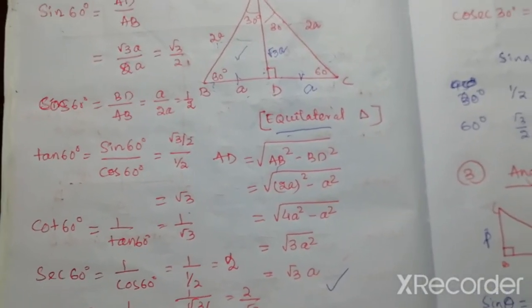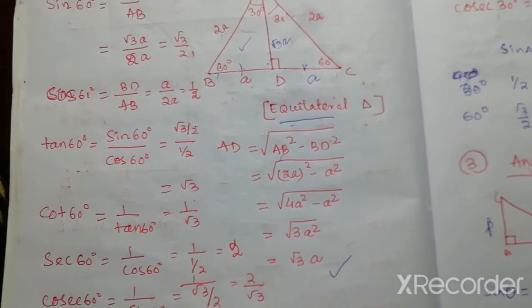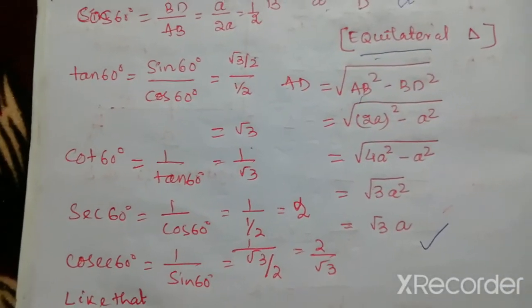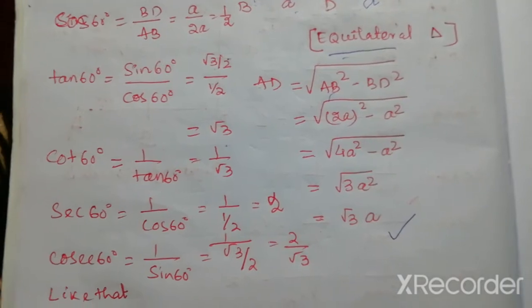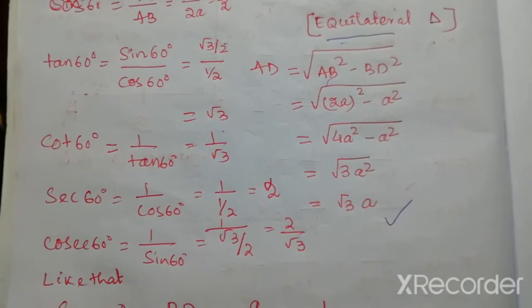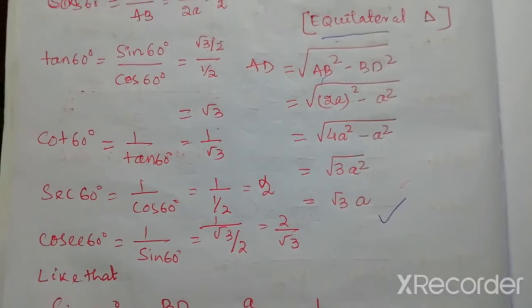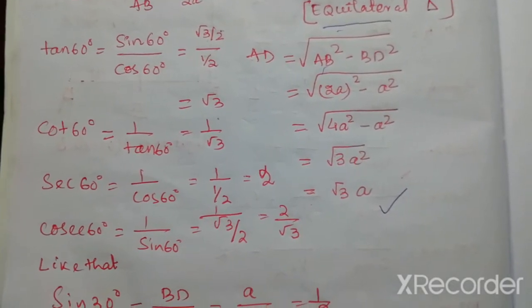Cot 60 is 1 by tan 60. What is the value of tan 60? Root 3. So cot 60 is 1 by root 3. Next one is sec 60. Sec 60 is 1 by cos 60. The value of cos 60 is 1 by 2. So 1 by 1 by 2 is equal to 2. Like that,